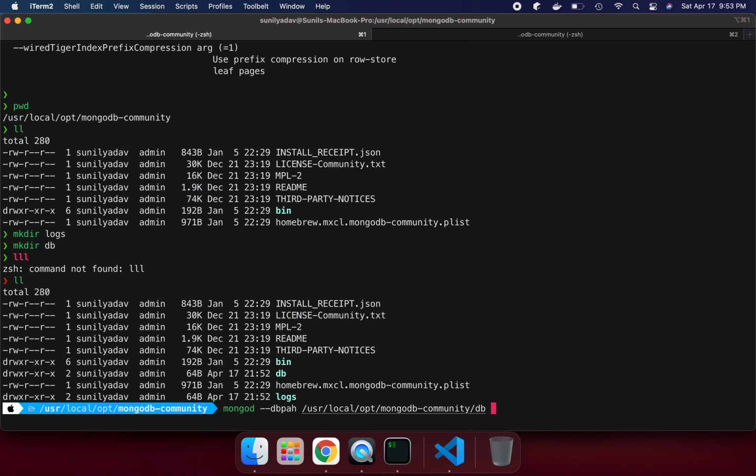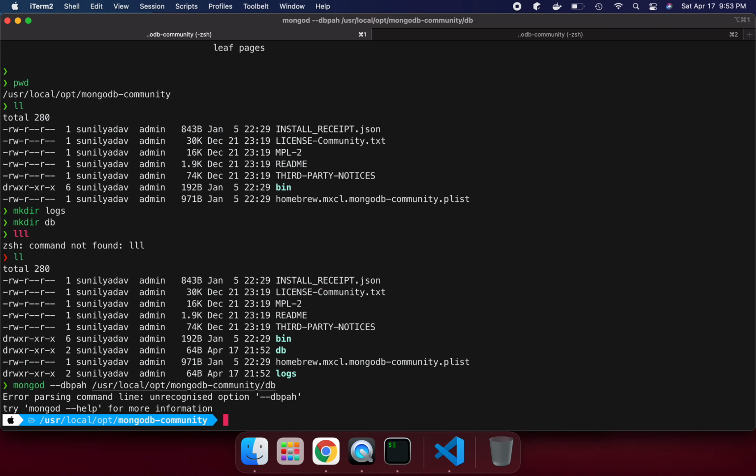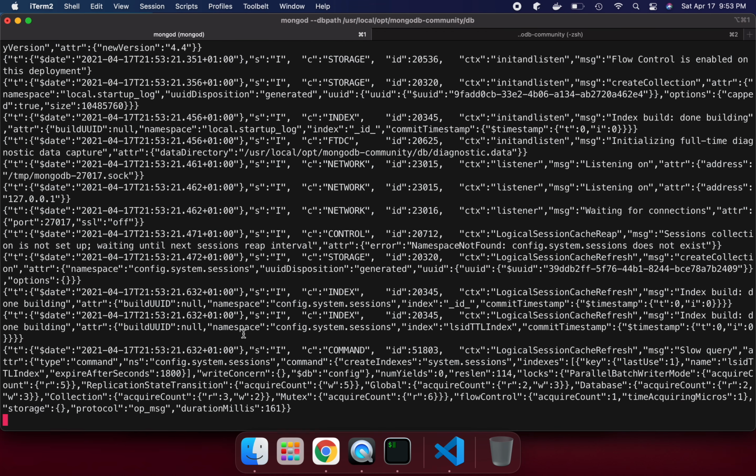If I try to run it, it's going to use the dbpath. Sorry, the spelling is wrong, it's dbpath. Now if you see, it's running here.